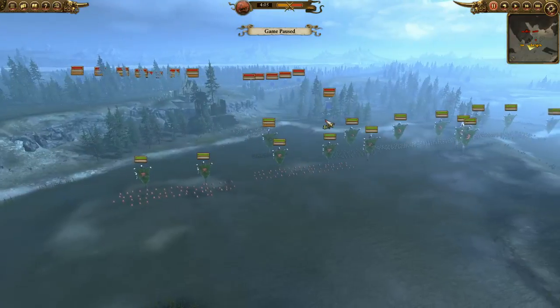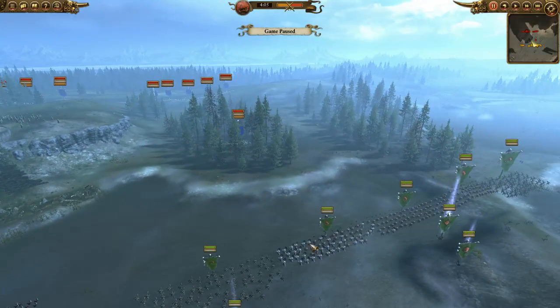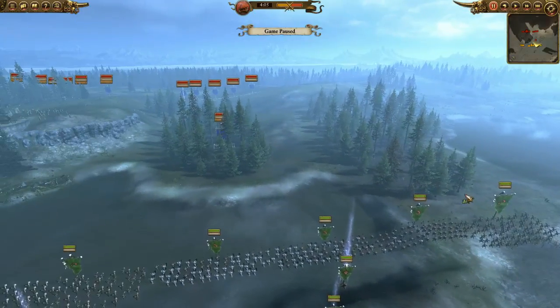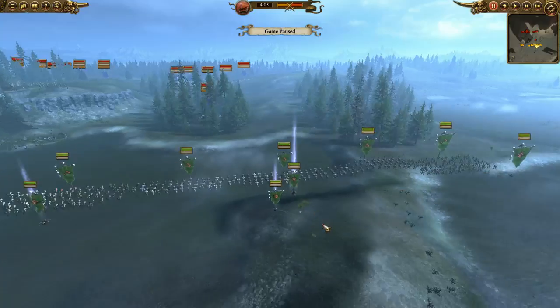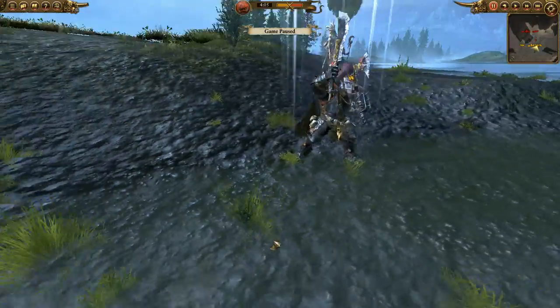So we'll go over my army comp. I was afraid of the ethereal thanes, so I brought a main line of black orcs, which cannot be terrified by ethereal thanes. So that's why I have those. On each flank, supported by savage orcs, just to bolster the line. I've got two goblin big bosses here with healing potions. I've got Azag the Slaughterer here with Doom and Darkness and